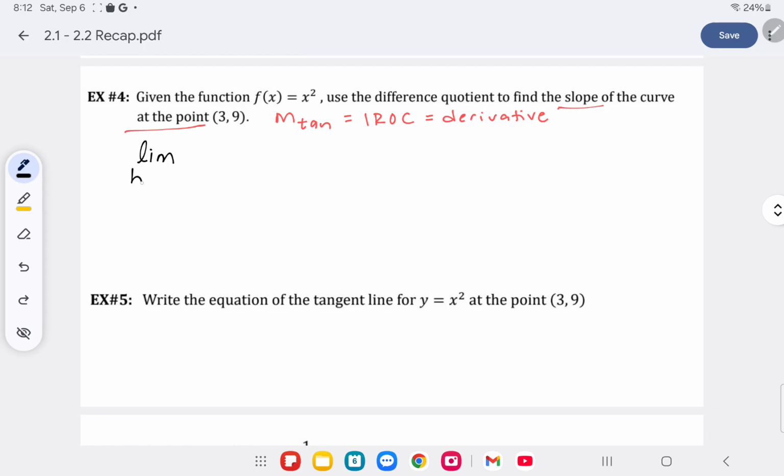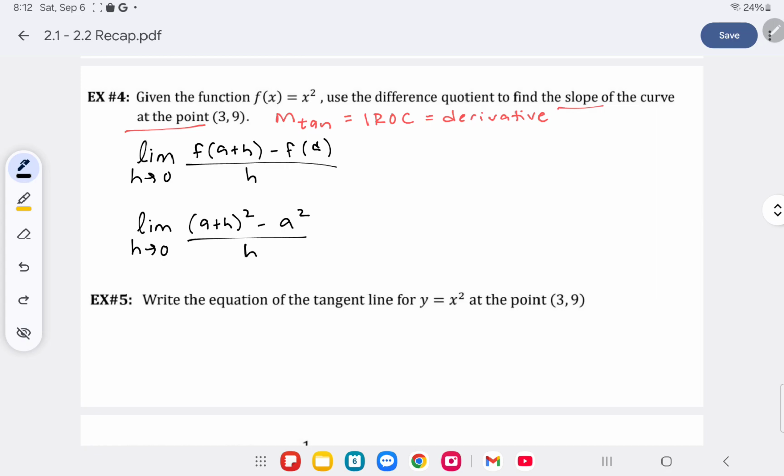So it's the limit as h approaches 0 of f of a plus h minus f of a, all over a plus h minus a, which is h. And that just comes from our basic slope formula, y minus y over x minus x, our change in y over our change in x. So in this case, our function is x squared. So when we plug in a plus h for x squared, that's going to become a plus h squared. And then we're going to plug in a